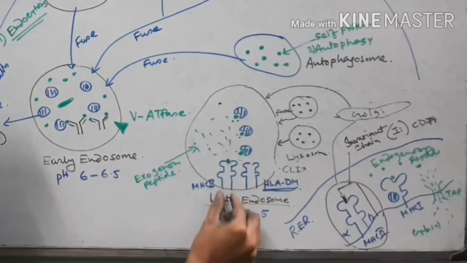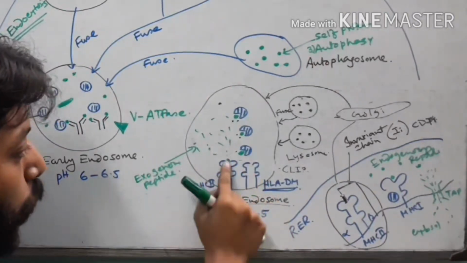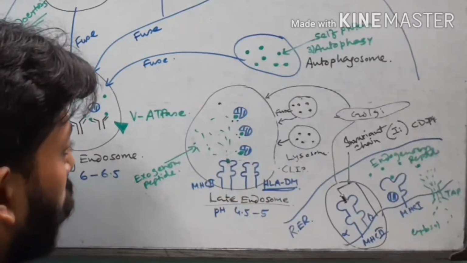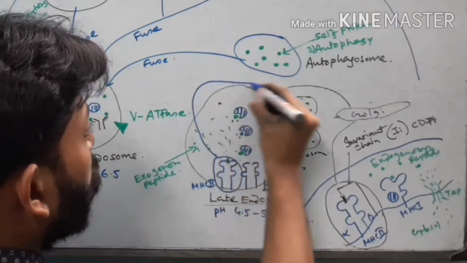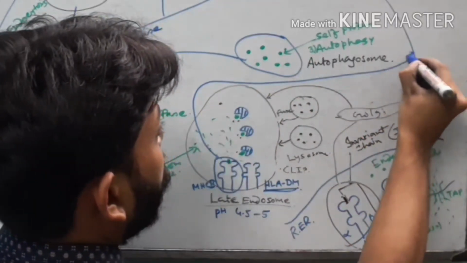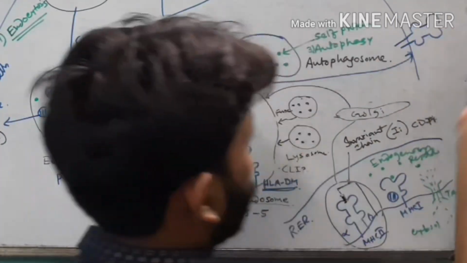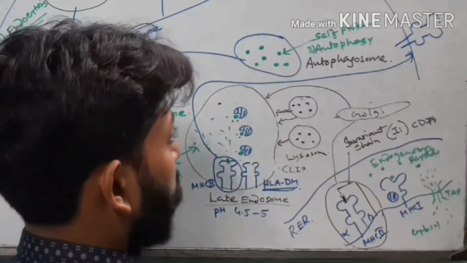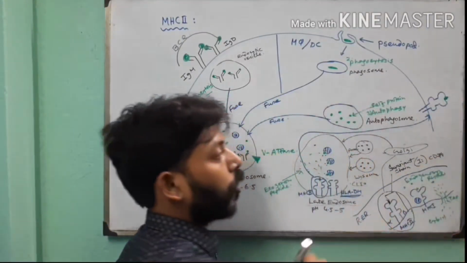When the MHC molecule and the peptide are loaded, now this MHC2 with peptide complex comes out from the late endosome. So this complex now goes from the late endosome to the plasma membrane. So now this MHC molecule is present in the plasma membrane and is presenting the fragment or the peptide